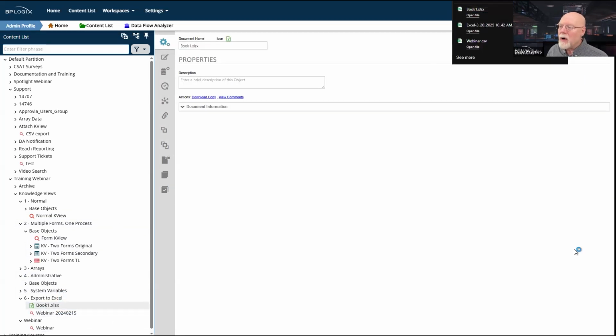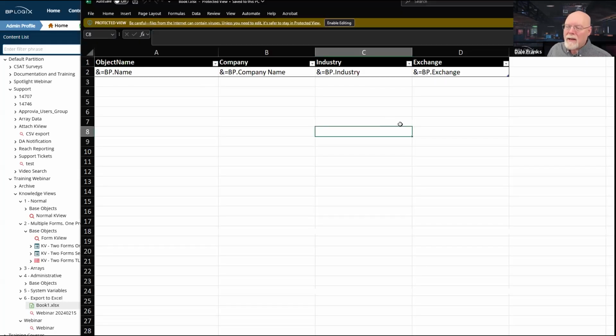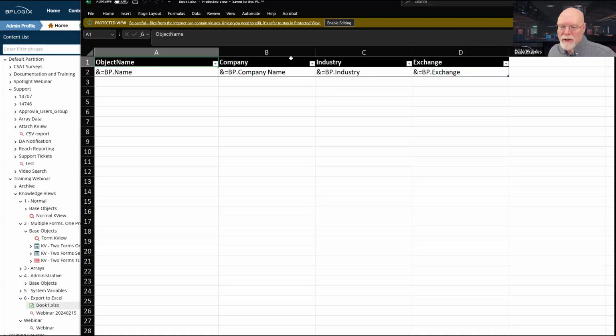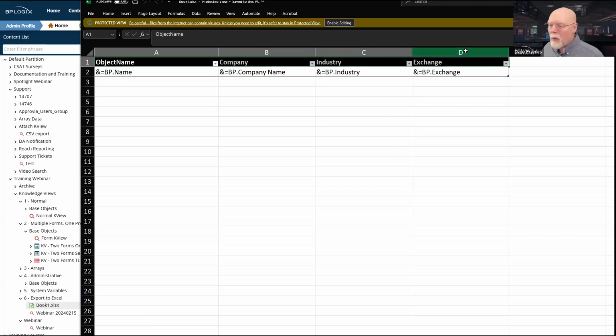book1.xlsx, which we're going to go ahead and open up and display. This is an Excel template. It has this header row here that I have just said, okay, we're just going to make a black header row. We're going to have white text.